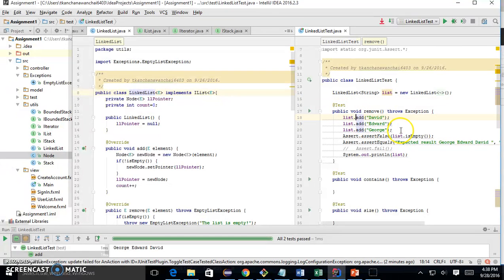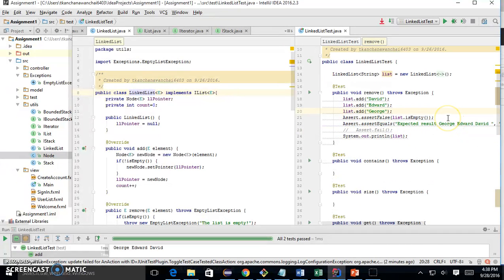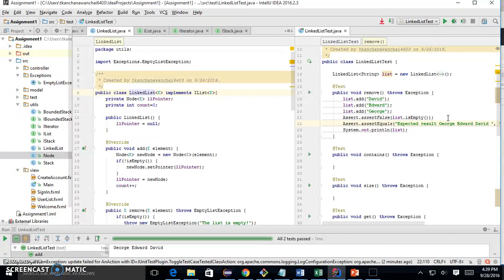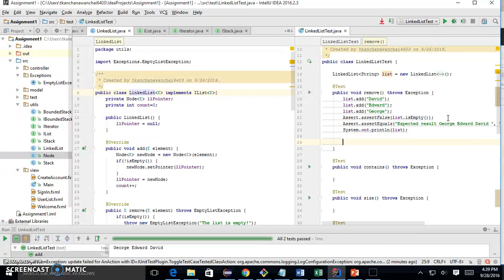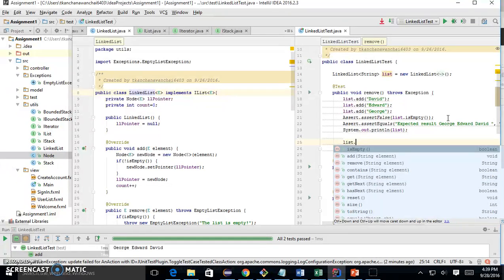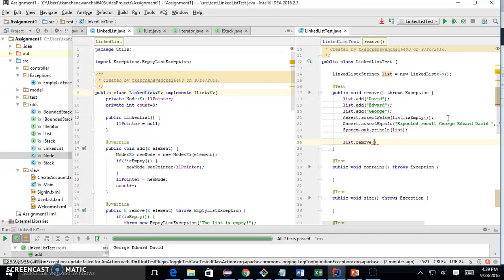We're going to say we add them, right? Now we're going to remove after add. So this is the place we start to remove. List dot remove. We want to remove